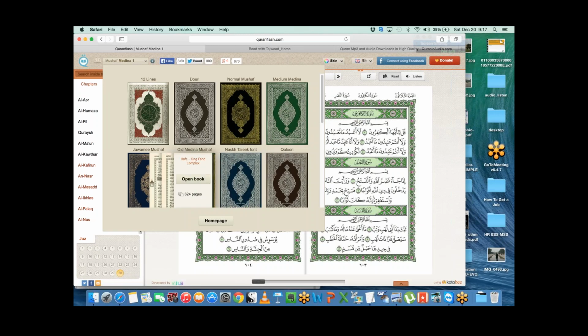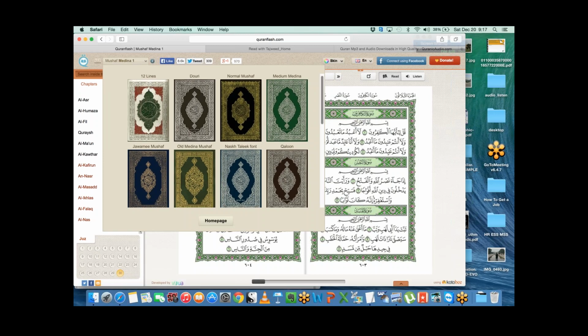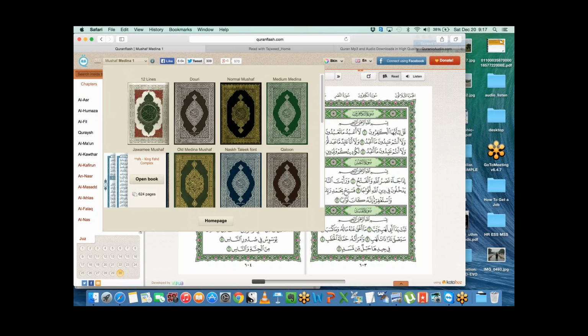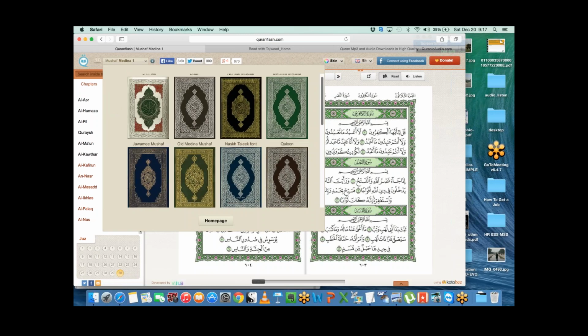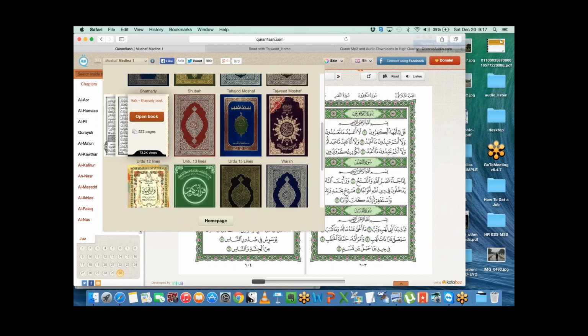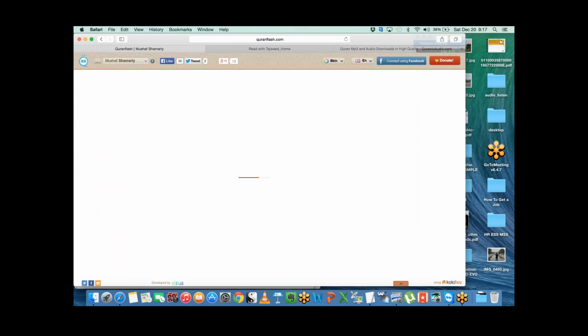Qalun and Naqsh, old Medina Mushaf. They don't have the Pakistani one here, I don't think. Or maybe there is. Oh, okay, there is some Urdu stuff here, right? So let's take a quick peek. Urdu 12 lines. Okay, let's take a look at this one.